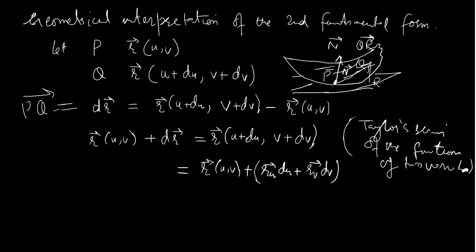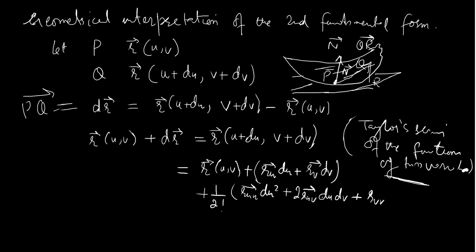then plus 1 by 2 factorial into r sub uu du square plus twice r sub uv du dv plus r sub vv dv square plus so on and so forth, the higher order partial derivatives. You can check it with what we had done, the second order Taylor series for a function of two variables, from your first semester notes. So this is going to be our expression, and as we can see, we can just cancel this r(u,v) and r(u,v),